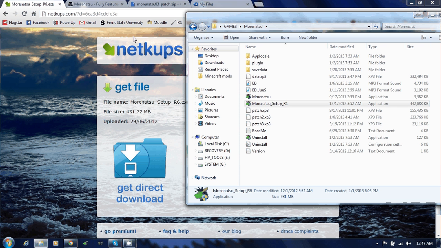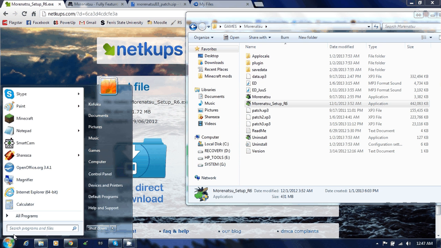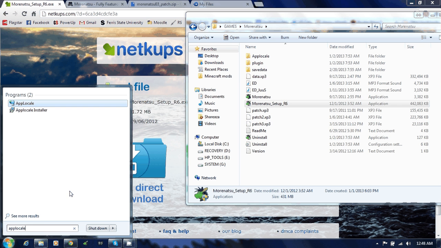Anyway, once you do that, it'll put all this stuff in. It should run you through the installation for AppLocale automatically at the end of the installation process. Now when you do that, AppLocale. Alright, I don't have it right up here, so I'll just type AppLocale into my search. Once you get it running,